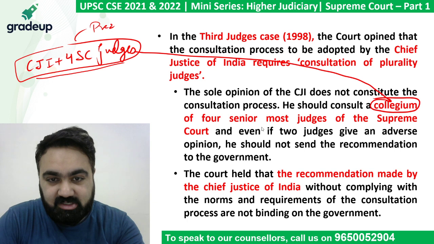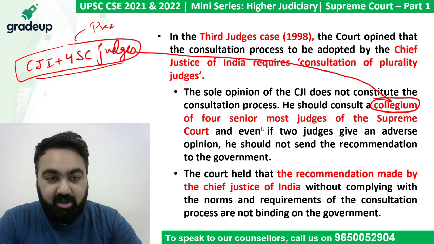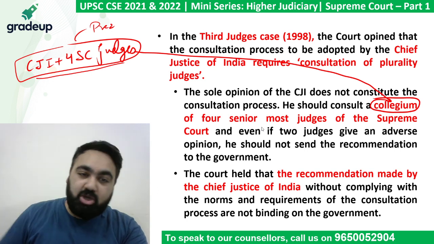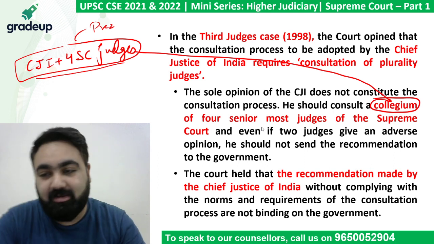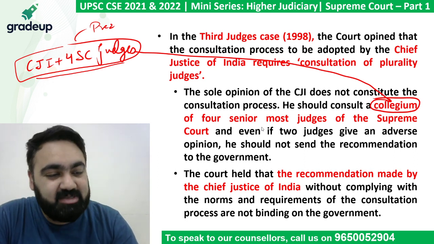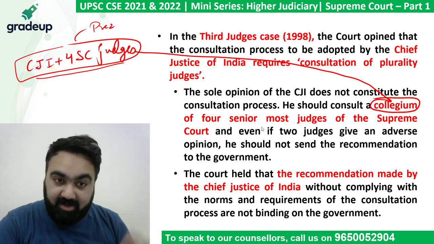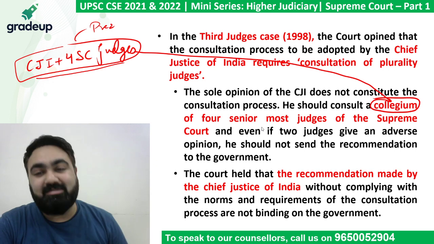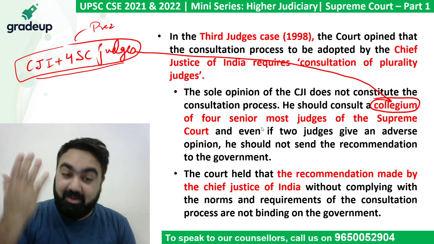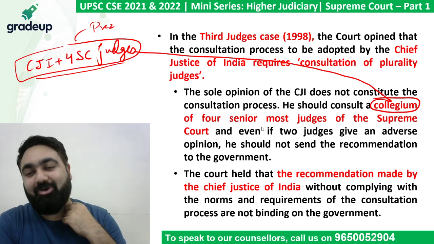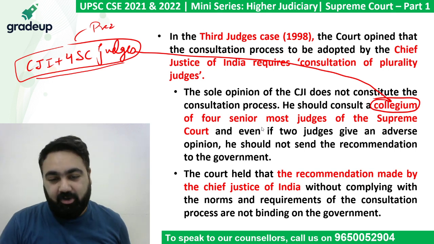Collegium means a group of judges that advise the president about the next judicial appointment in the Supreme Court or the High Court. Now the interesting part is, in the entire Constitution, there is no mention of the word collegium. It is not written anywhere. The word collegium is just an invention of the Supreme Court, which has given itself the power to decide who will be the next Supreme Court judge. See how smart the court is. They have themselves given the power that we will decide who the next person coming in will be, not you. So the collegium system started from there on.